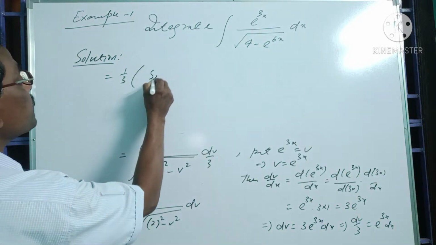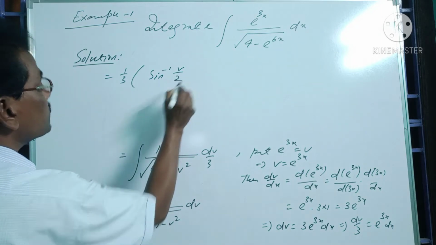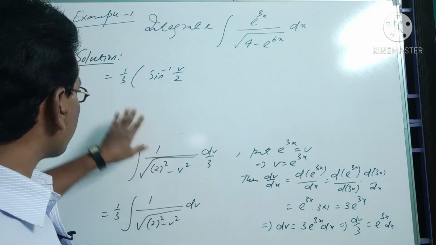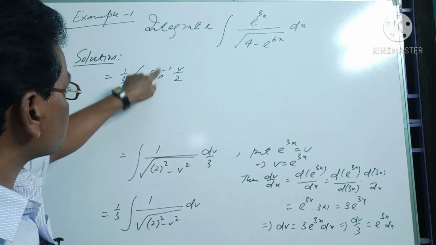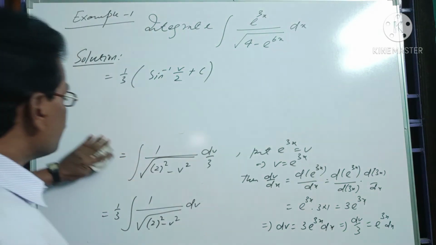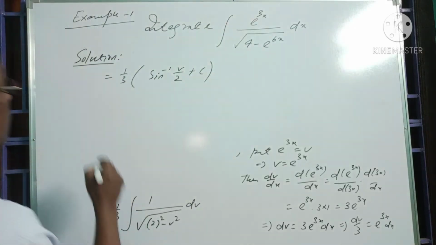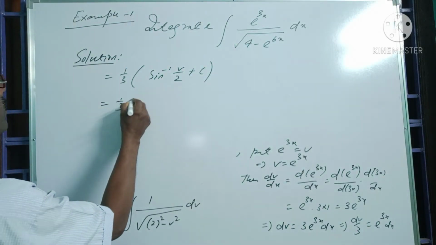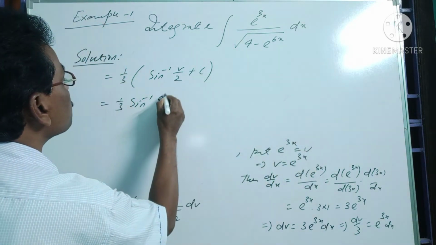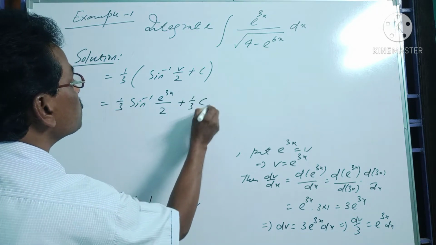We have 1 by 3 into sin inverse v by 2, that is sin inverse x by a. So in place of x we have v, in place of a we have 2, so we can write 1 by 3 whole into sin inverse of v by 2 plus c, where c is the constant of integration. So now the integration is over, but we have to replace v as e to the power 3x, so we have 1 by 3 into sin inverse of e to the power 3x by 2 plus 1 by 3 into c,